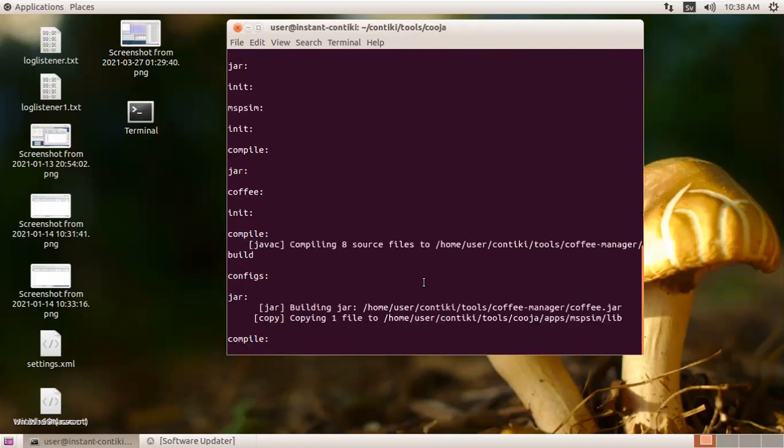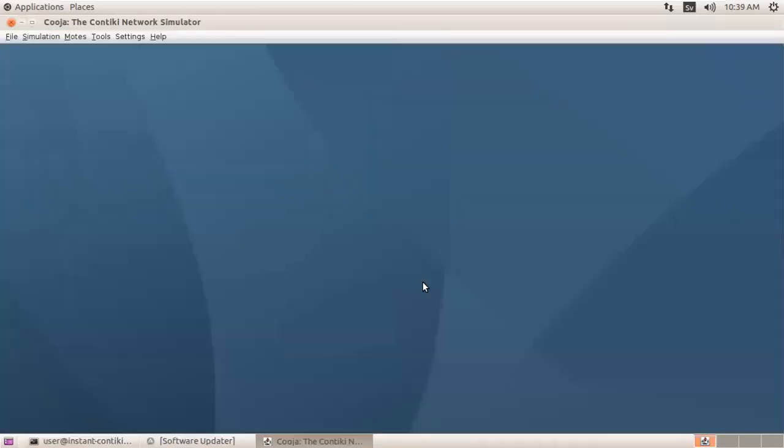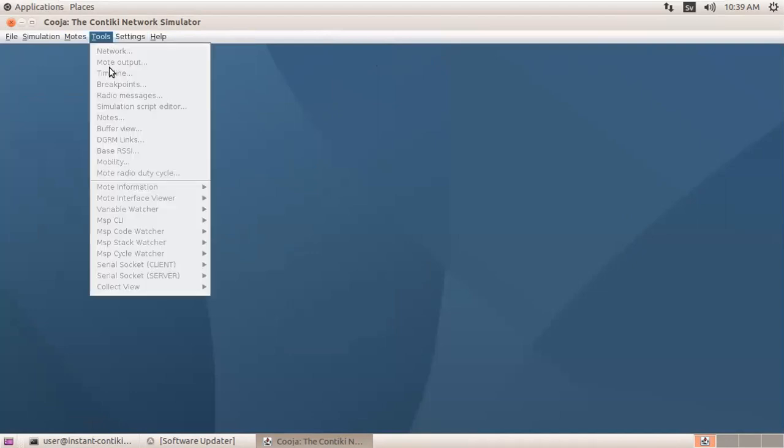Over there, I am going to explain the different components that are available to us and how we are going to interact with them. And we will learn how we can deploy the motes over there, right? So this is your Cooja simulator, right? On the top left, you can see it is written Contiki Network Simulator, right? You can see over here we have different options, right? A few of them are not active till now because we have not deployed the network. So once the network gets deployed, then you can easily deploy your network, right?